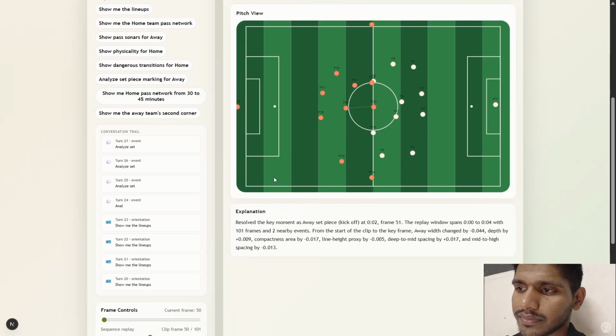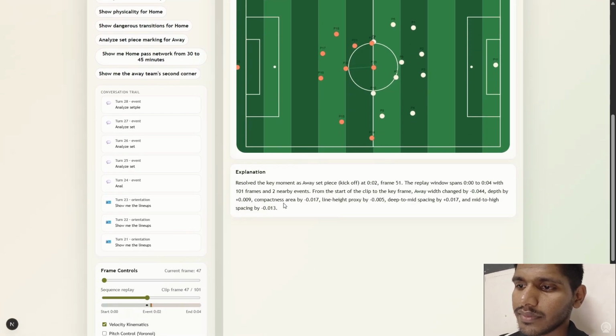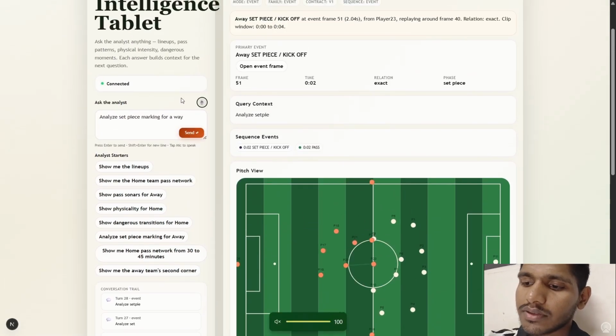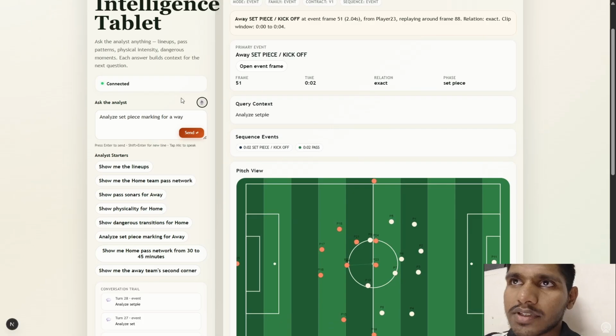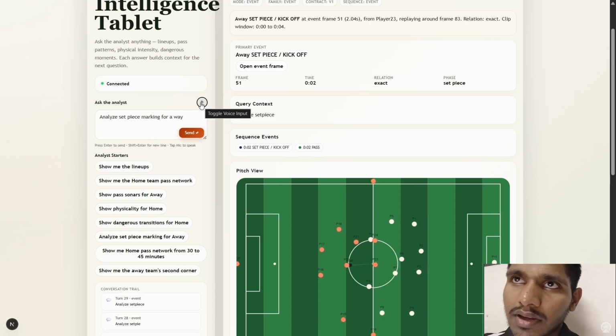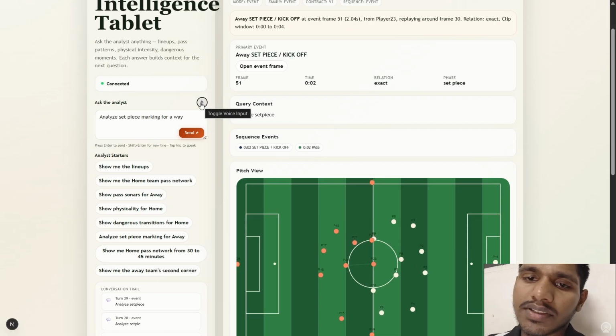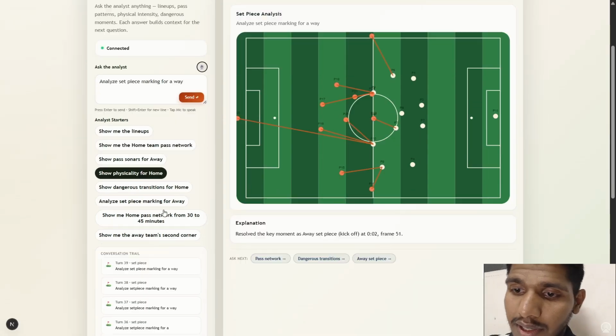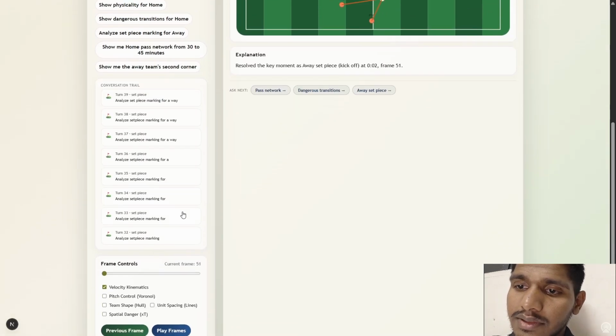Resolve the key moment as away set piece, kickoff at 002, frame 51. The replay window spans 0 to 004. Trying to interrupt it and trying Resolve the key moment as away set piece, kickoff at 002, frame 51. The replay window spans 0 to 004 with 101 frames and 2 nearby events. From the start of the clip to the speaking, and it resolve just the key moment as away set piece, kickoff at 002, frame 51. It was